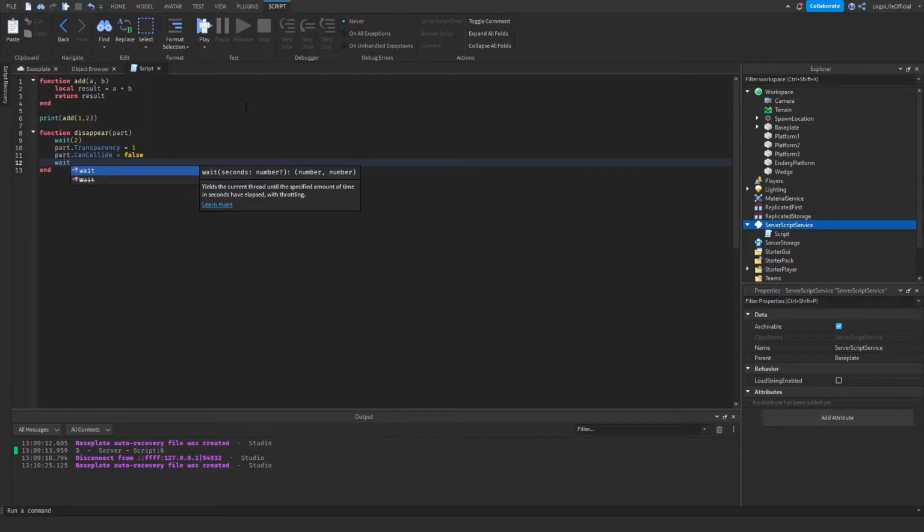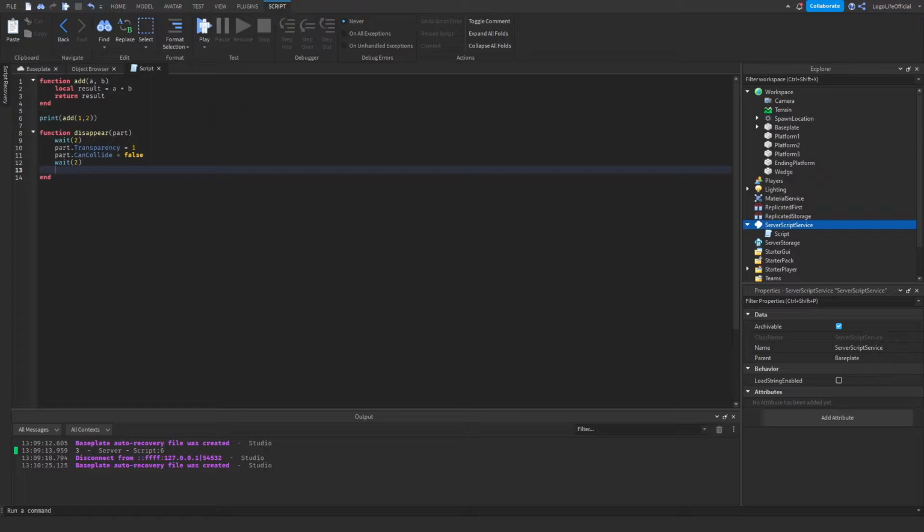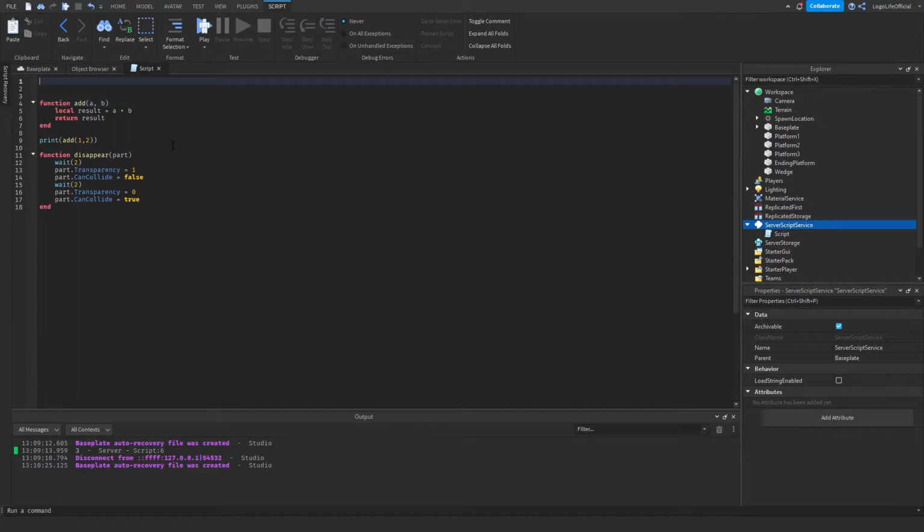And we'll wait another 2 seconds. And then we'll make the part visible. So set transparency to 0 and collision to true so the players can stand on the platform. But note this argument, this parameter here is an arbitrary part. Okay. So let's go now and make our variables store the different parts that we have so far in our